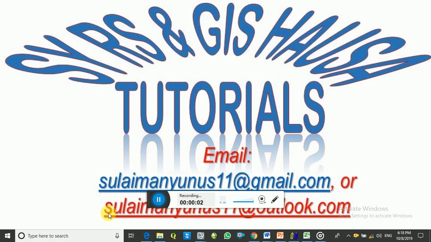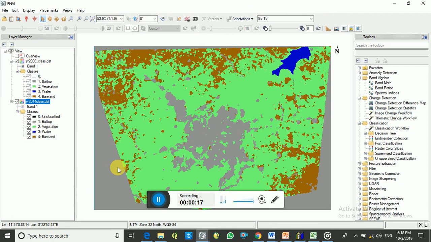Hello, welcome back. On this tutorial, I am going to show the change detection analysis in ENVI 5.3. First of all, you need to launch the ENVI software, so then at least have images of the two intervals, maybe depending on how you want it. In this case, this is just a Landsat image of part of Kano Metropolis, showing the situation of the land